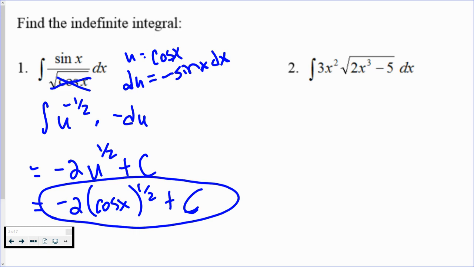We want to take the integral of 3x squared times square root of 2x cubed minus 5 dx. This one doesn't fit a set rule. This is not one that we have a set rule for. We have two things multiplied here, so that's part of our clue that I need to do something different. And we do have a radical, so most of the time what's in your radical is going to be your u. So let's say we make u be equal to